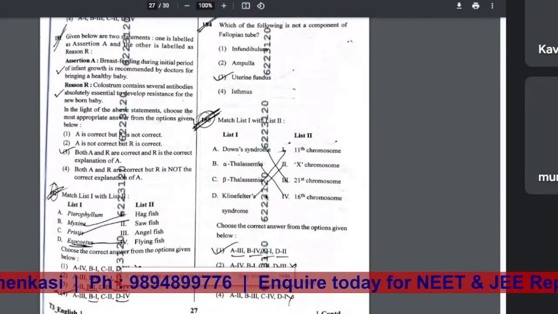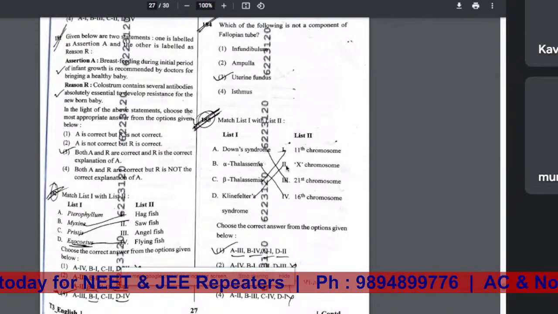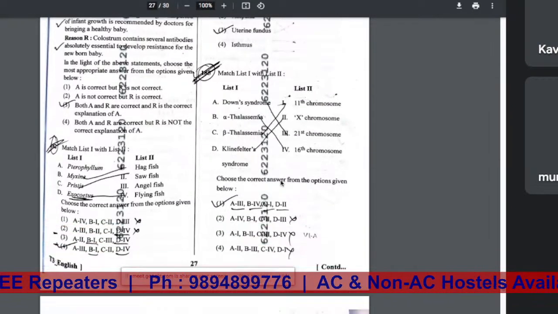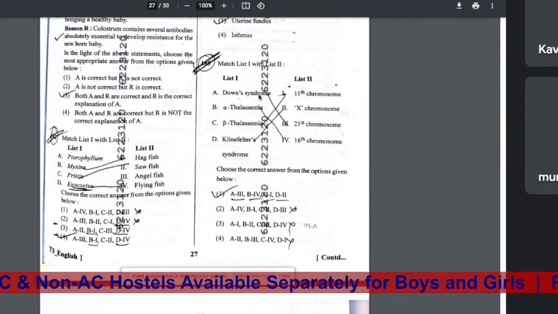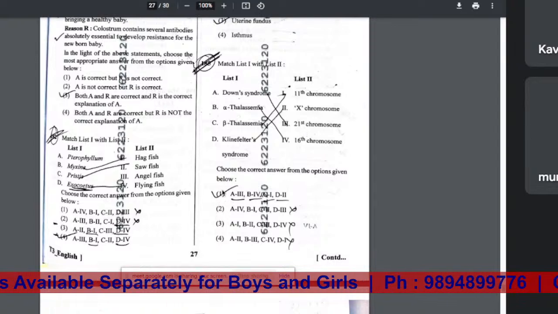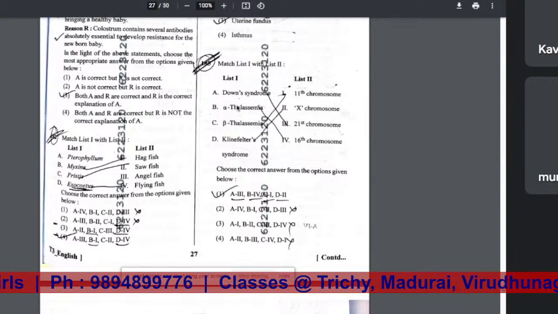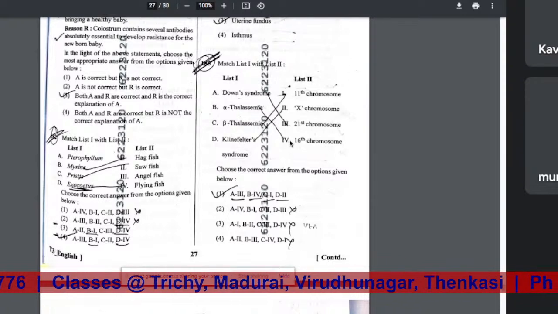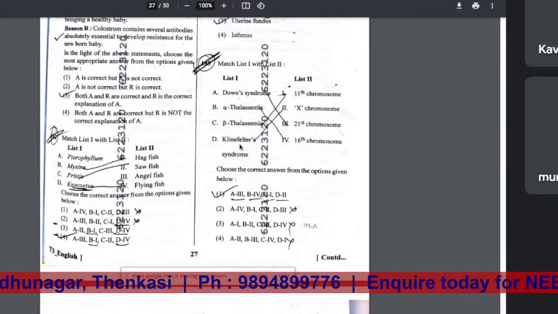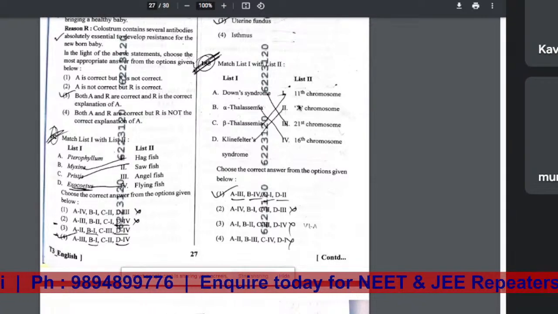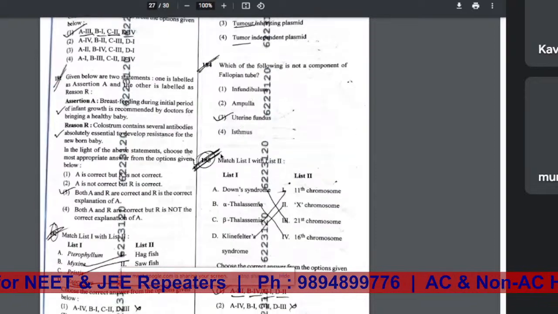So moving on to the next question, which is the 185th question. Down syndrome is trisomy 21. It happens in the 21st chromosome. So A with option 3, you have only one option here, which is option 1. A with option 3, B with option 4. Alpha thalassemia is related to the 16th chromosome, and beta thalassemia is related to the 11th chromosome. Klinefelter syndrome is basically an extra X chromosome. So the answer for 185 is